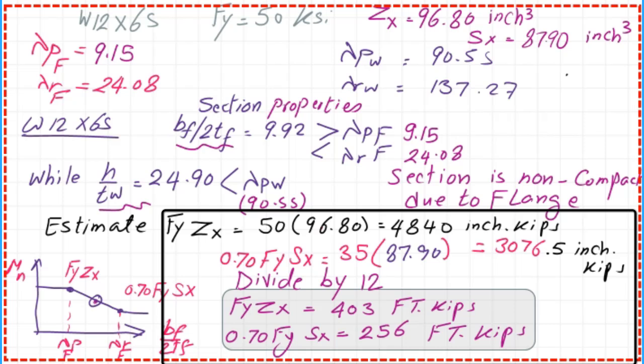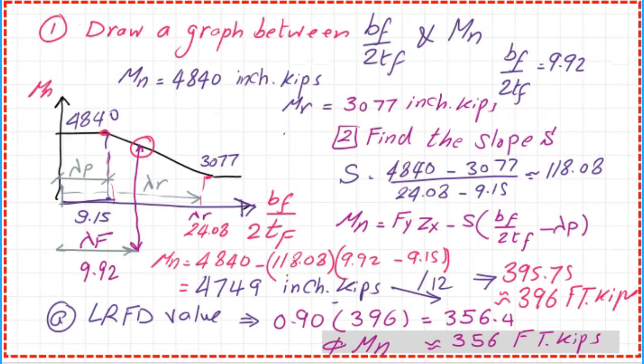We expect that the nominal moment of the section will be less than Mp, but bigger than 0.7 F yield Sx. A point on the inclined part of the graph represents the section. In the next slide image, we will get the value. The slope of the graph can be estimated as S equals the difference between M sub B and M sub R divided by the difference between lambda flange sub R